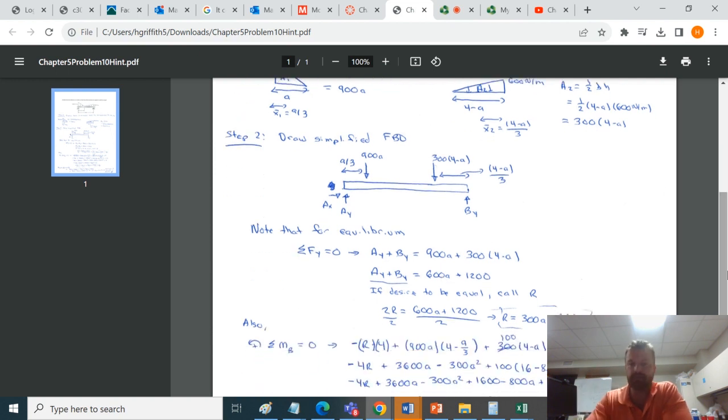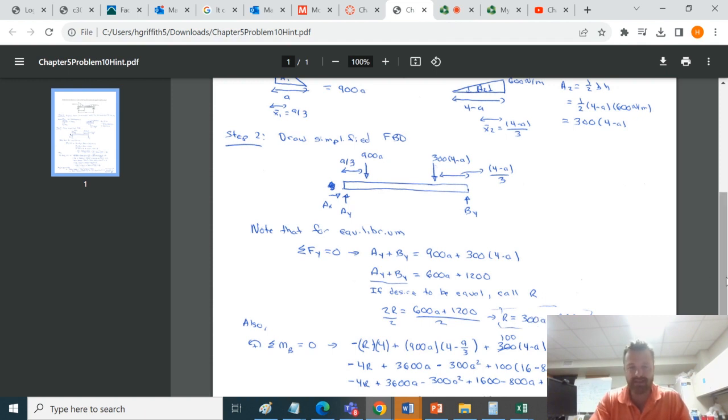So it looks like I just got a bunch of mumbo jumbo alphabet soup going on here. However, remember that we're solving for equilibrium such that these two reactions are going to be equal. So rather than carry around two variables, AY and BY, I'm just going to call each of those R. So really, I want those two to be equal. So 2 times R has to be equal to 600A plus 1200. Isolate R by dividing by 2, and you get that equal unknown reaction as a function of A is 300